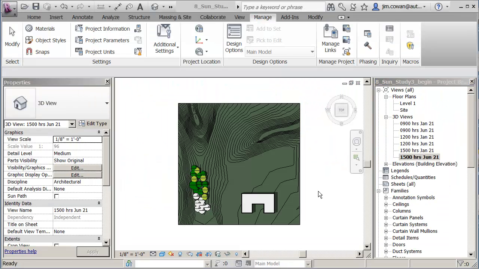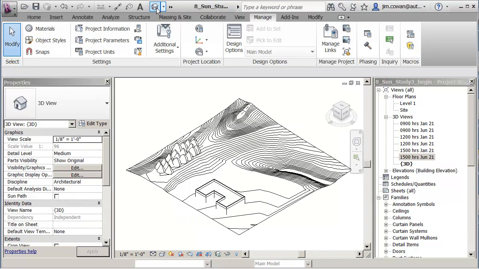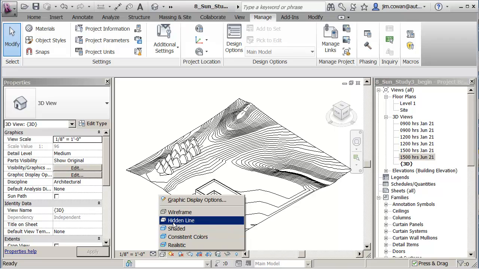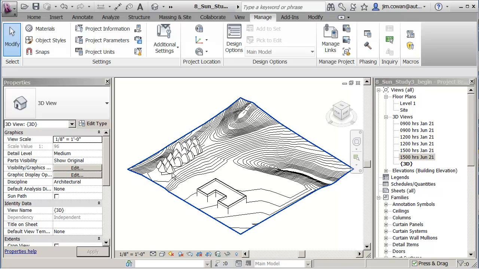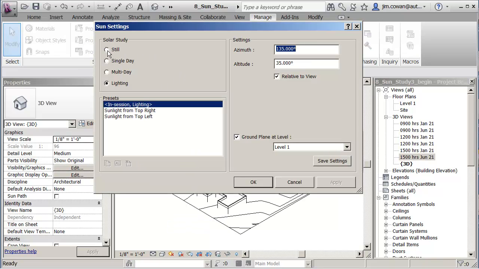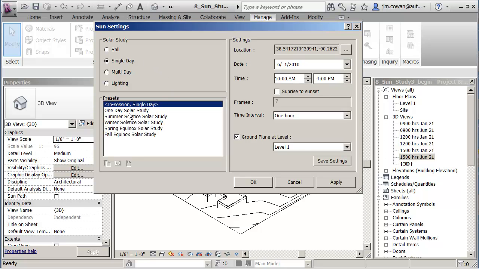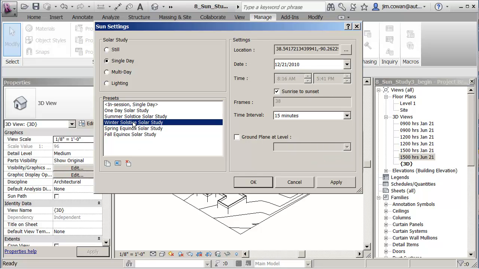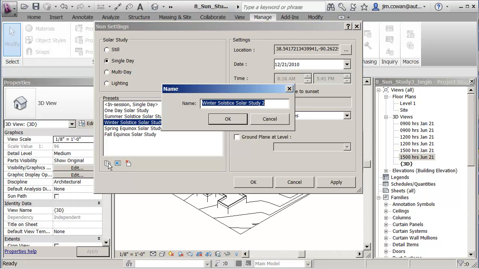Okay, I want to animate the motion of the sun. So what I'm going to do is switch to my 3D view. I'm seeing this with the display set as hidden line, which is why I'm just seeing it all white. It's quite a good way to look at it for the study. The next thing I'm going to do is under the sun settings. Instead of going to the option that was a still shot, I'm going to go to single day. You'll always have some presets in here from your template. I'm going to do it for the winter solstice, but I'm going to copy that, and I'm going to name it winter solstice